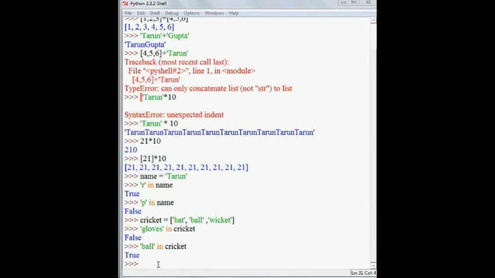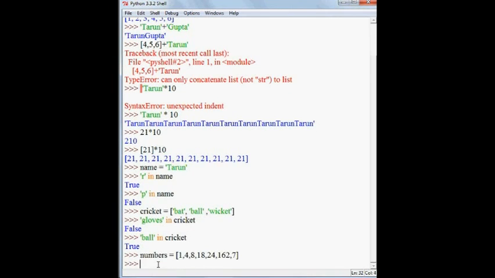Let's say we have a list named numbers: 1, 4, 8, 18, 24, 162, 7. Okay, so now we have a sequence or a list called numbers.